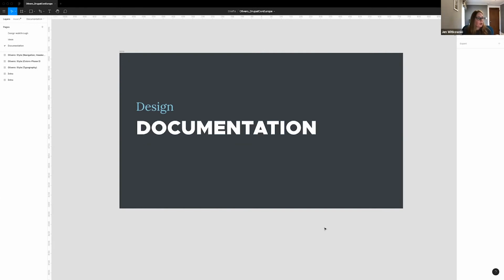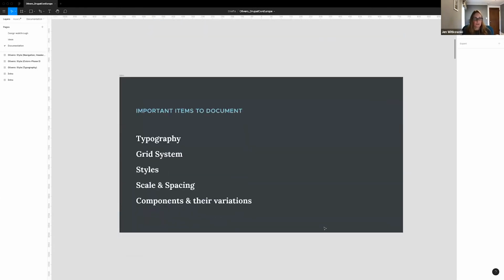So when we document our design system, we usually focus on typography, the grid systems, styles, scales and spacing, components, and all their various different states. We also create design documentation in two different spots. So we have design documentation in Figma in the form of a library.